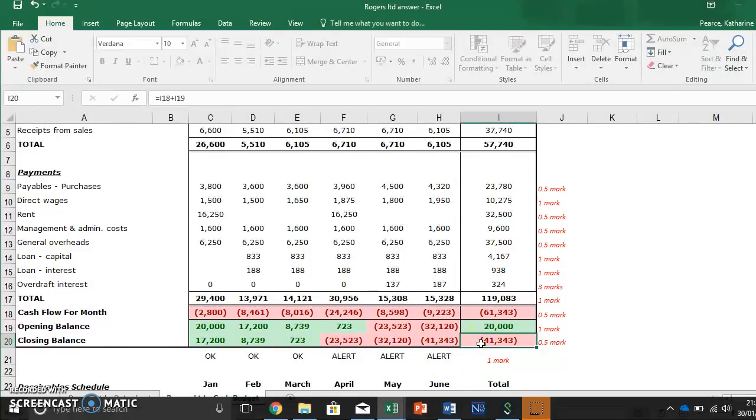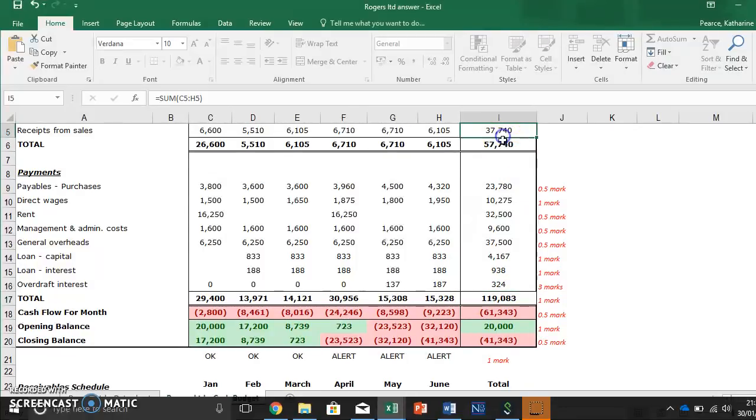And if your cash budget is correct, what you'll find is that the end result is that this figure here, the closing balance in your total column, will be the closing balance in your final month. But you don't force it to be equal. You set the formula, and if you've got everything in place, it will be equal. So what you're doing here, you need to check that this column has internal consistency. So we have total receipts of 57,740. We have total payments of